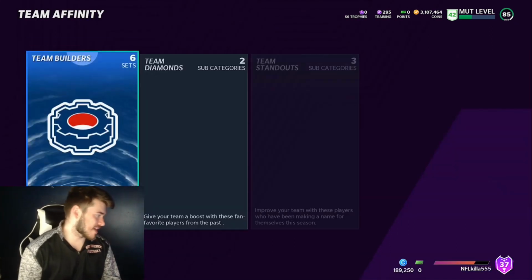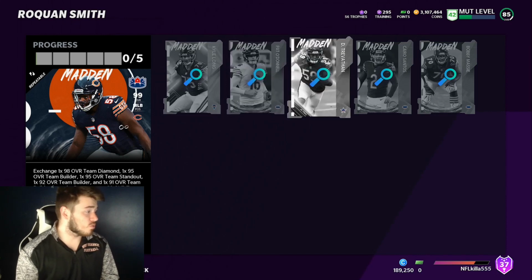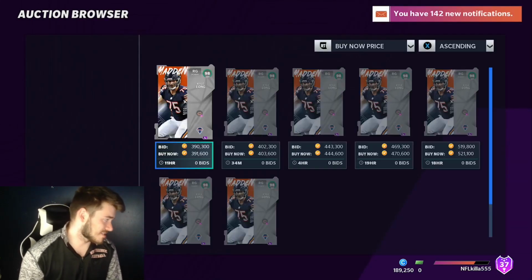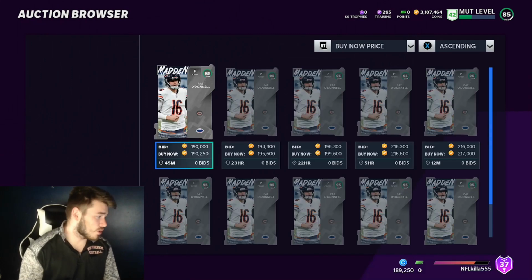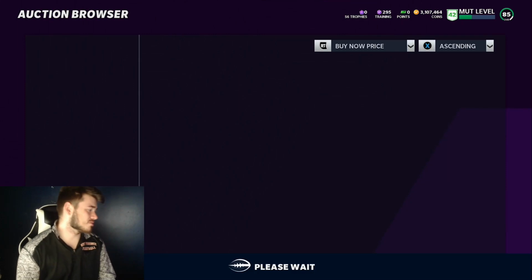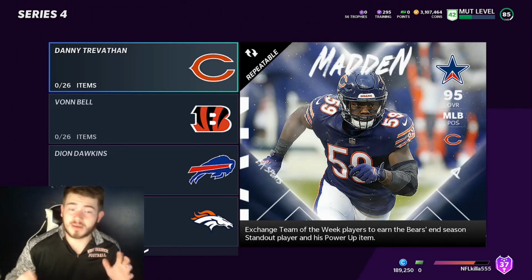So first, I'm going to start off with the basis of the whole entire thing. Let's head over to the sets, and we're going to go over to the Team Masters, of course. So we're just going to start with the Bears, for example. So what I do want to do is start over here. You guys see most of these players go for a lot of coins, because these 99s go for a lot of coins. It makes a lot of sense. So say we go over to this Pat O'Donnell, and he's going for 190. Both of these 95s are going for quite a bit of coins. You see here, of course, 300,000 coins for that Dan Trevathan. Actually insane. So we're going to be focusing on a few different methods in this video,